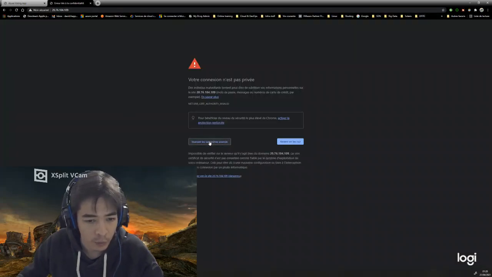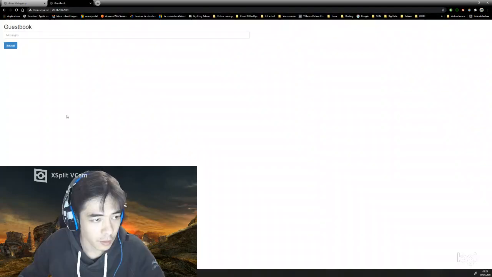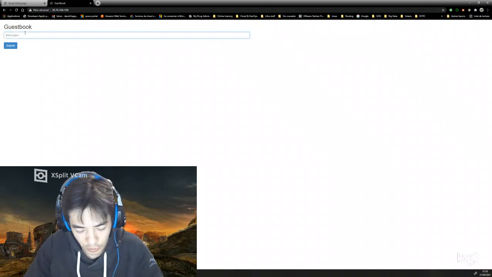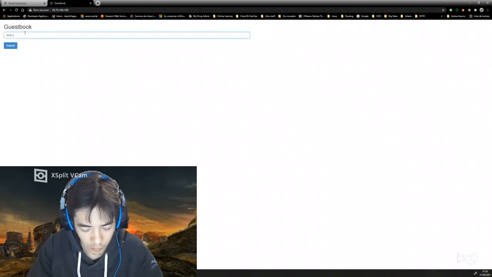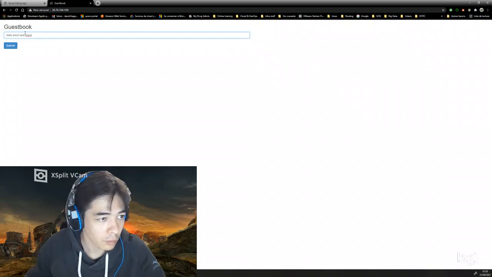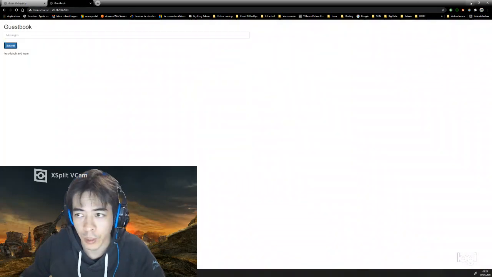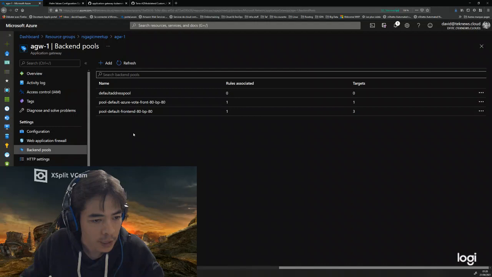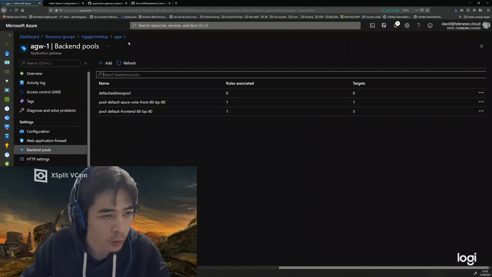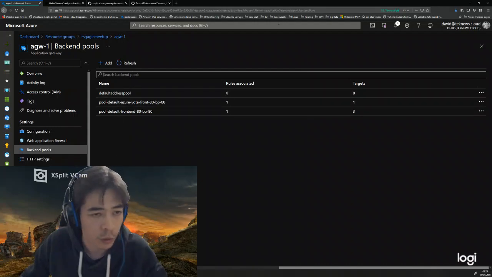I do have the same message, and this one is the guestbook application. Okay, it's working fine. I have two applications with the same public IP, as a matter of fact. Let's try to do that now in the few minutes remaining on the other cluster.